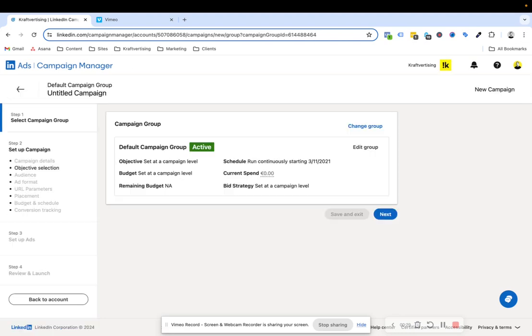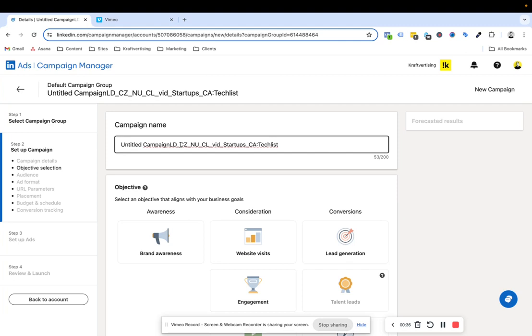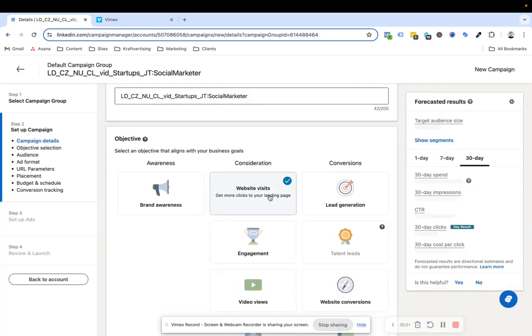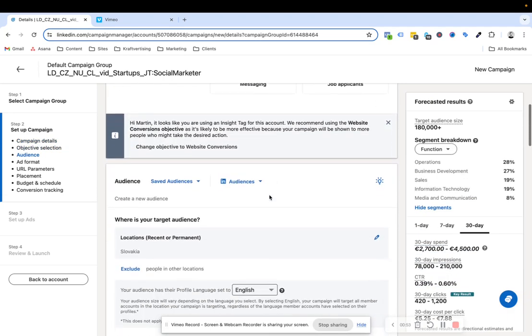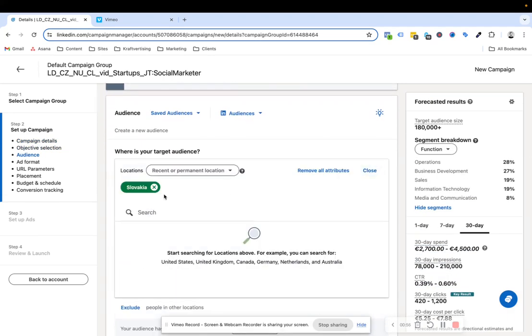Next, it's going to give me some options. I'm first and foremost going to select a name for the campaign. The naming convention is already given, so I'm just going to set this up. We're going to target companies in the Czech Republic. We're going to do video ads, and the job title is going to be a social media manager. So as mentioned, objective is website visit. Location is Czech Republic,